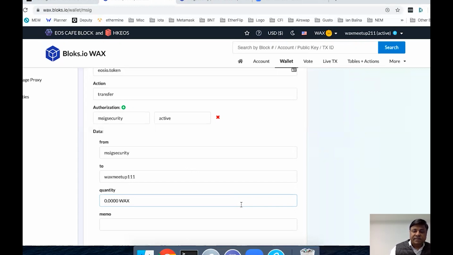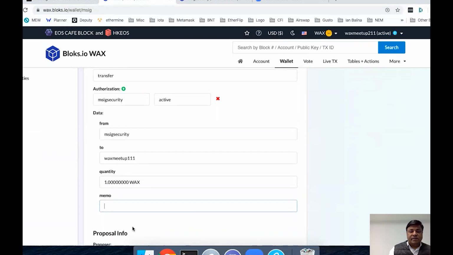The symbol precision for VAX is 8, and generally it defaults to 4 because 4 is the symbol precision for most of the EOSIO based chains. So let's go here and change it to 1. So we got 1, 2, 3, 4. Yes, so we got 8 zeros following the decimal. And memo, let's put it as EMC.